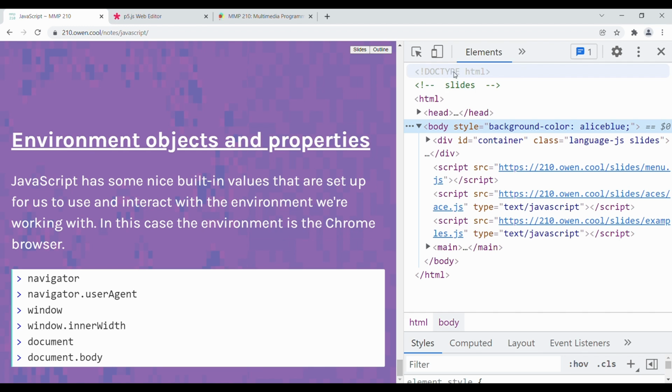And so if I go over to elements and I click on stuff, for some reason it's not showing me. Oh, because I'm in the slides mode. Never mind. Anyway,